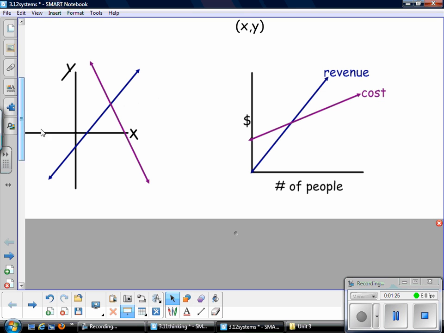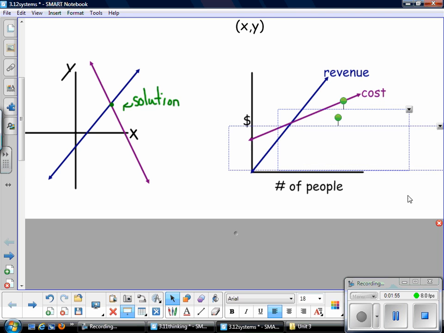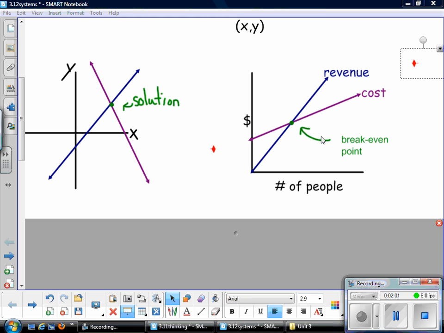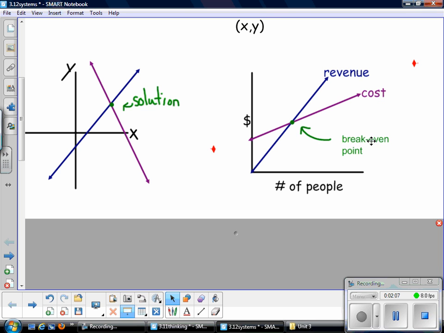I have an X and Y coordinate grid, and I have two lines. This is my system, the blue and purple lines. And really what I'm interested in is the solution. The solution is that green dot, that ordered pair where they intersect. The reason we're concerned about that is often in application questions, we're talking about revenue and cost. Our solution here is where they intersect, and that point is important because that is the